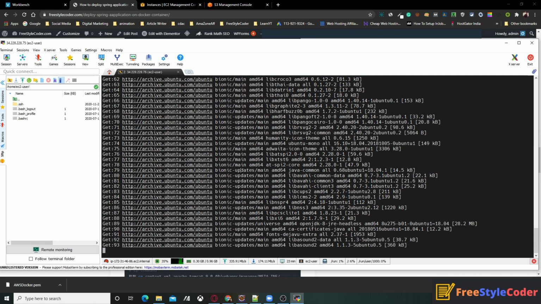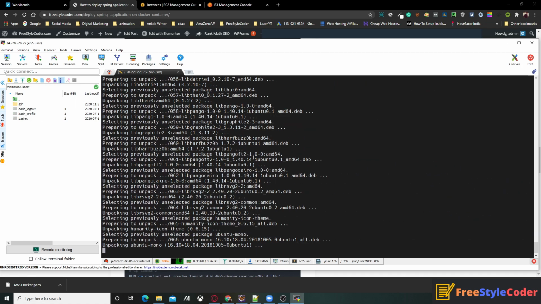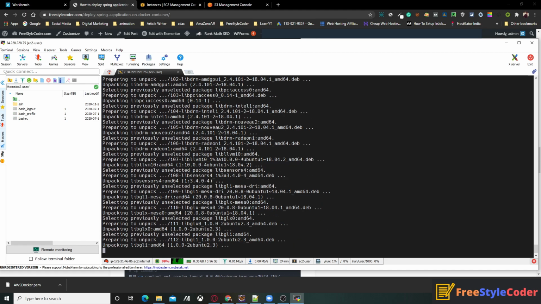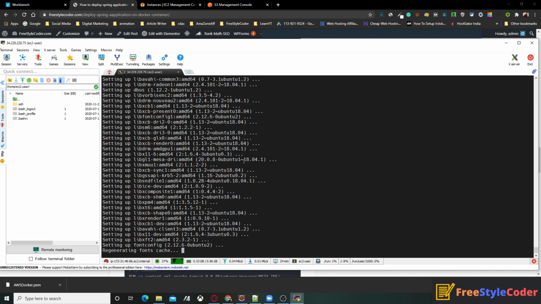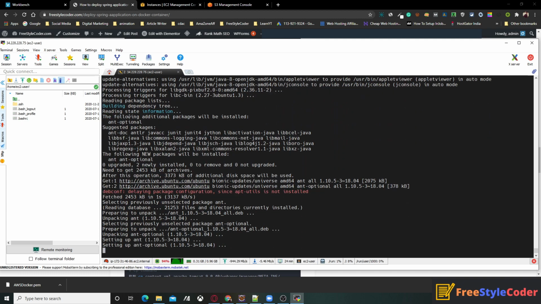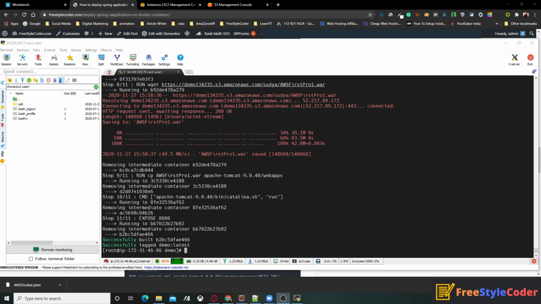It will take some time. Now your Docker image is built successfully. So how to check that?